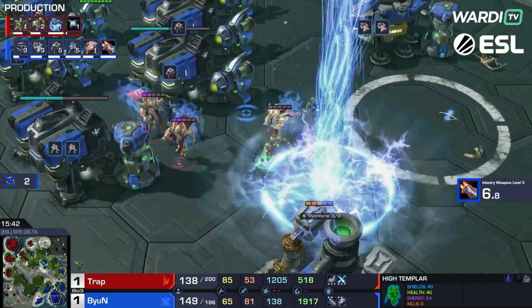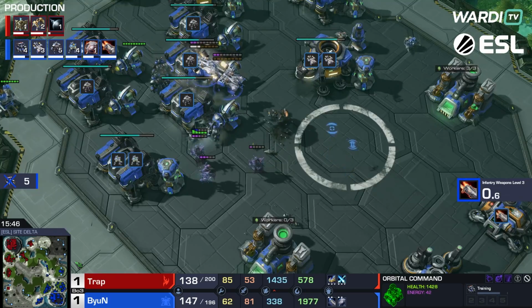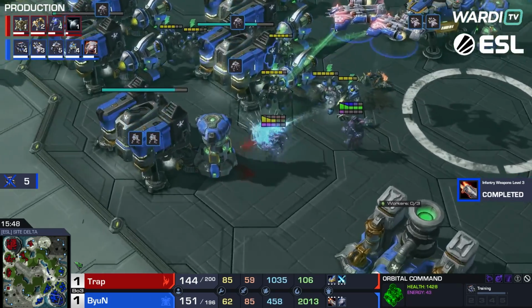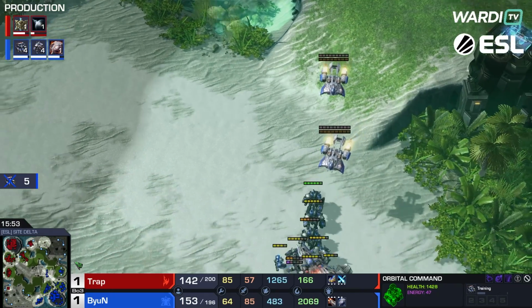Ooh, Prism goes down with High Templars. That's not quite what they're hoping to do. Storming and auto-attacking. The recall. He got one out, the one that didn't have energy left. Well, honestly, to be fair,